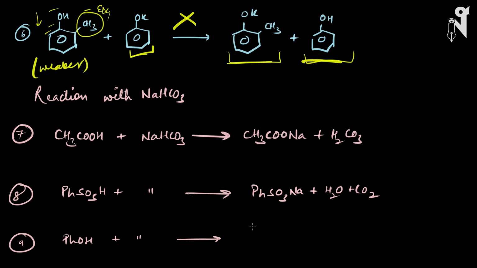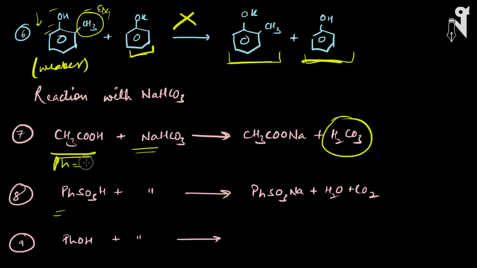This is a very important reaction. We will be learning it in the practical organic chemistry, where we will be learning about different tests also. Now what happens is the acids react with NaHCO3 and produce carbonic acid, and whatever the acid you have taken, no matter it is in the case of phenol or alcohol or carboxylic acid, the stronger acid will react with NaHCO3 to form a weaker acid, that is carbonic acid. If the carbonic acid is the stronger acid than the given acid in the reaction, then the reaction will not proceed.